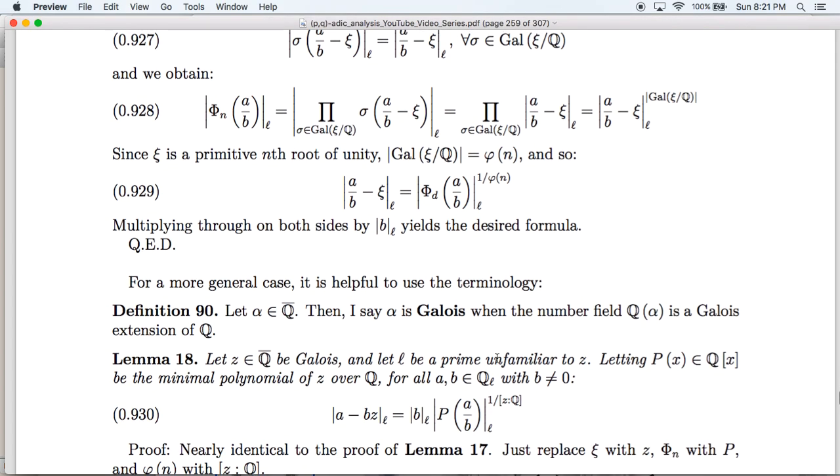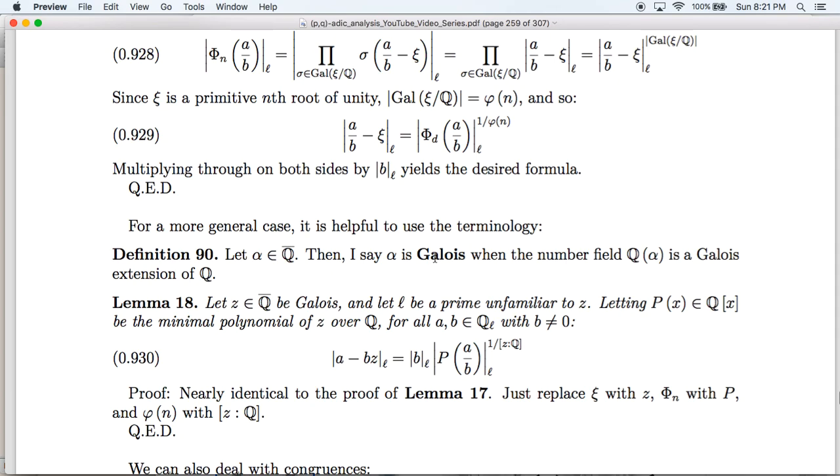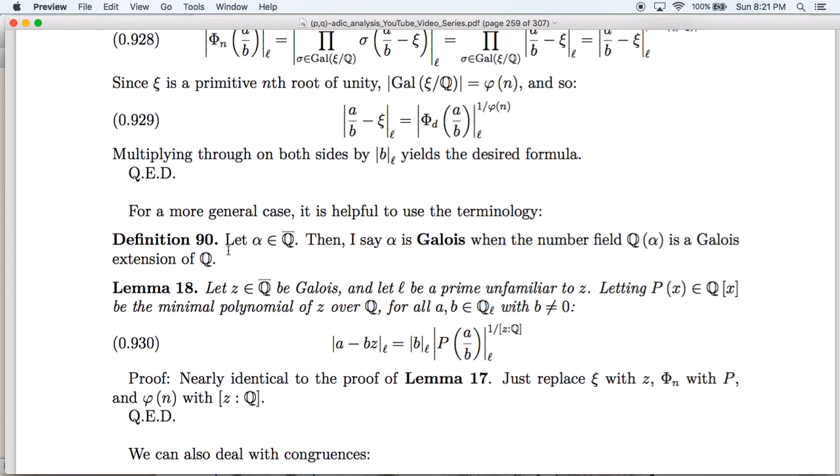For a more general case, it's helpful to use the following terminology: I will say an algebraic number alpha is Galois whenever Q of alpha is a Galois extension of Q. So let Z be a Galois algebraic number, and let L be a prime unfamiliar to Z. Again, that means that Q of Z does not contain any subfield other than Q which is embeddable into QL. Letting P be the minimal polynomial of Z over Q, then for all a and b in QL with b non-zero, we have that a minus bZ's l-adic absolute value will be equal to the l-adic absolute value of b times,